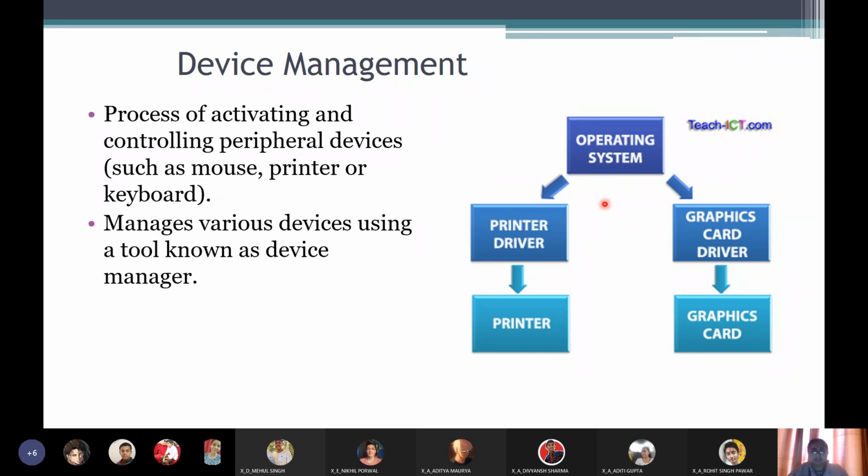The operating system receives commands from the user. Suppose I want to print a document, so I will just press the button for giving the print command. Now what do you think happens? Of course we are giving this command through an application software, but who receives the command for printing? The operating system receives it. It will then give the instructions to the printer driver. Then the printer driver will make the printer work. This is how the work is done.